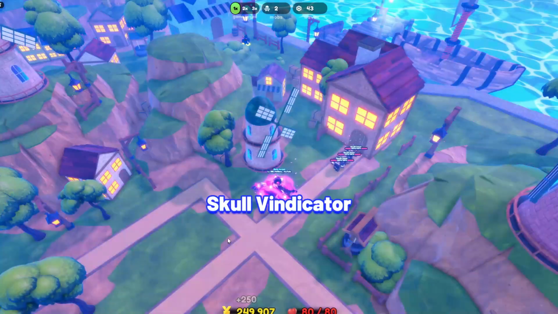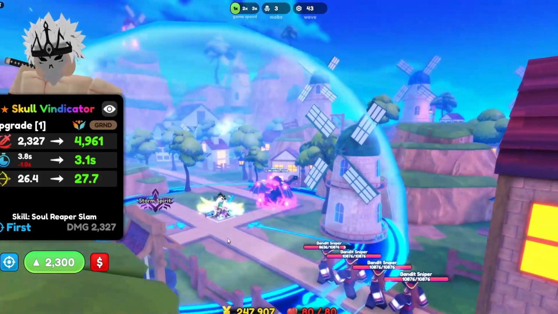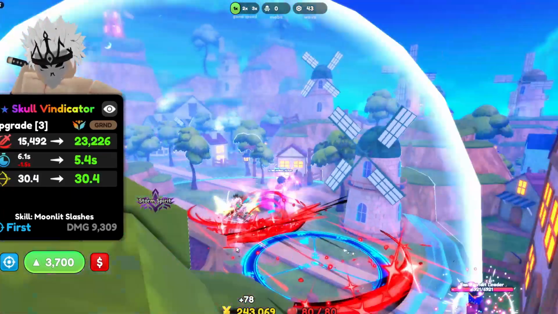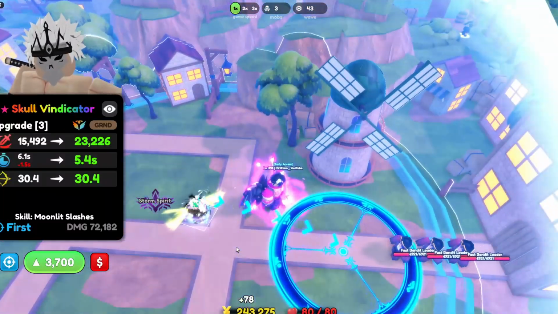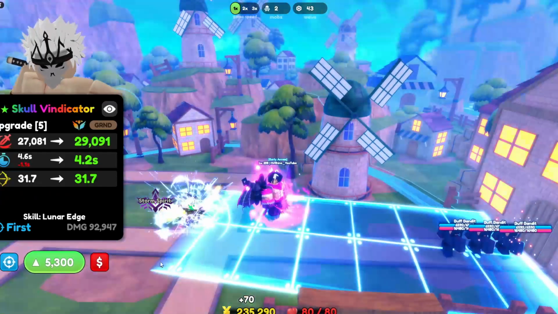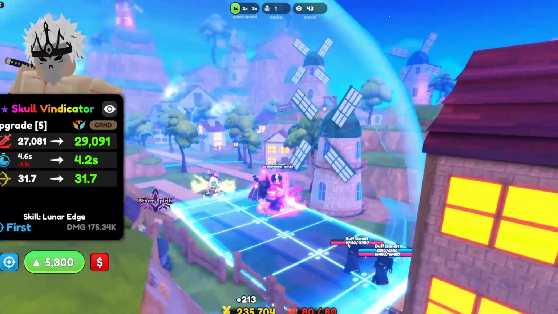Okay, next one is Skull Vindicator. Skull Vindicator is one of the newest second evolution added, and he became one of the best ground damage per second units with his insane stats in this new Anime Defenders Update 6. Skull Vindicator stats at max upgrade and max LR,